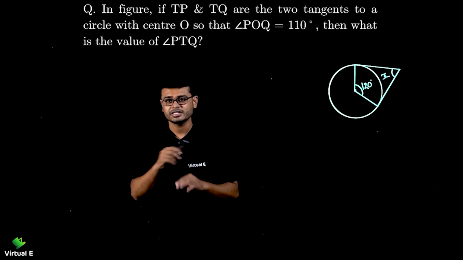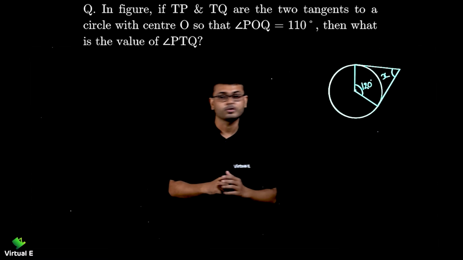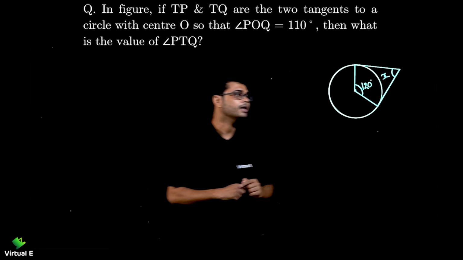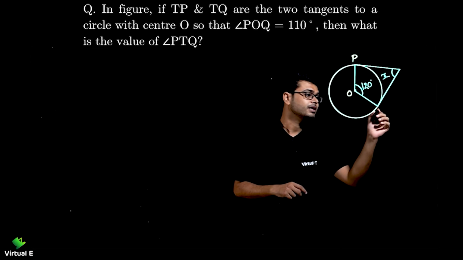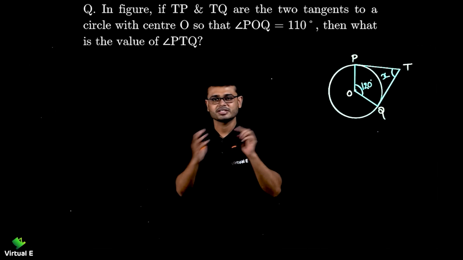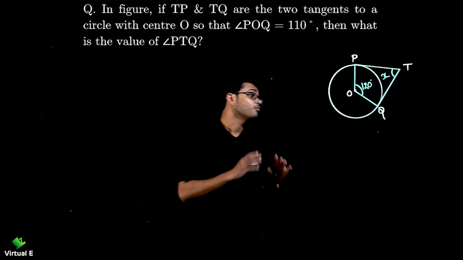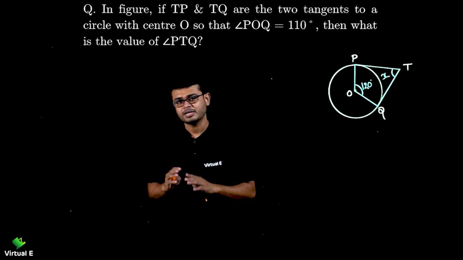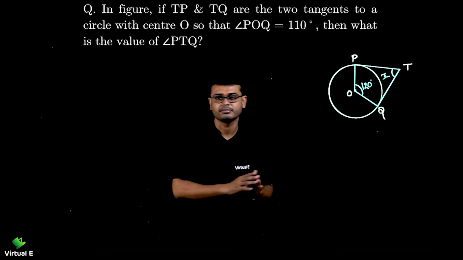Find the value of x. Very straightforward, nothing to bother about, right? So this angle is given as 120 degrees, which is at the center. Right, let's label it. So this is O here, let's say P, then Q and T. Let's keep it the same, so it resembles that. Yes, we have done something like this, right? So now which property am I going to use first? I'm not going to divide into two triangles. I'm going to keep the same shape, right?